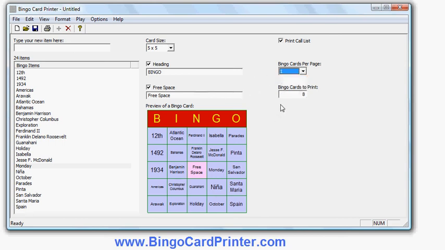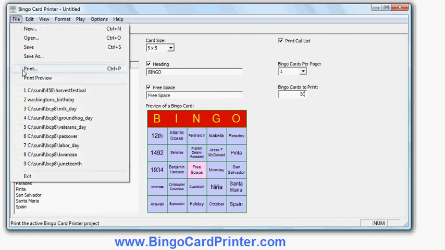And finally, how many bingo cards do I want? I can put any number between 1 and 9,999, and the software will print that many different bingo cards, all of them different from each other. So in my example, I'm going to put in 50, and I'm now ready to print, and I can either do print or I'm going to do print preview in this example, so you can see what the printout would